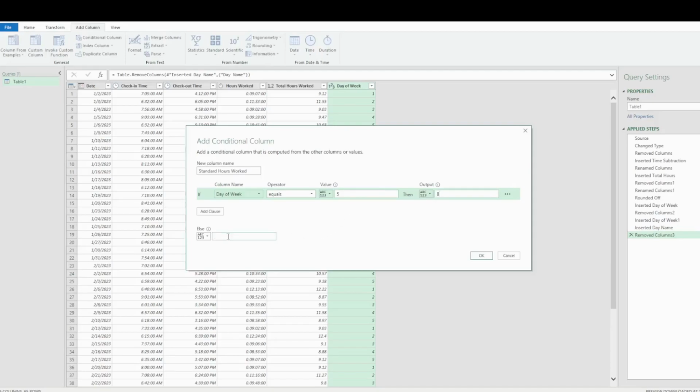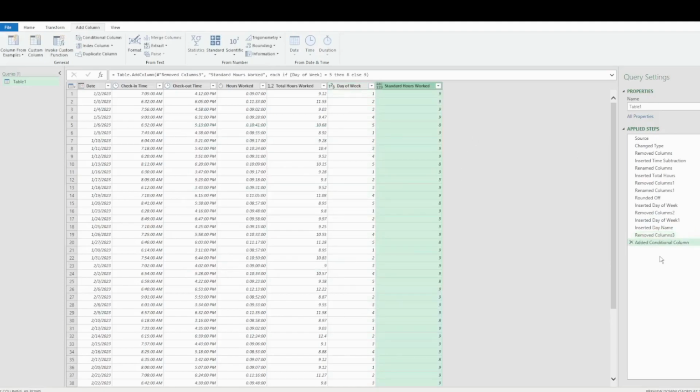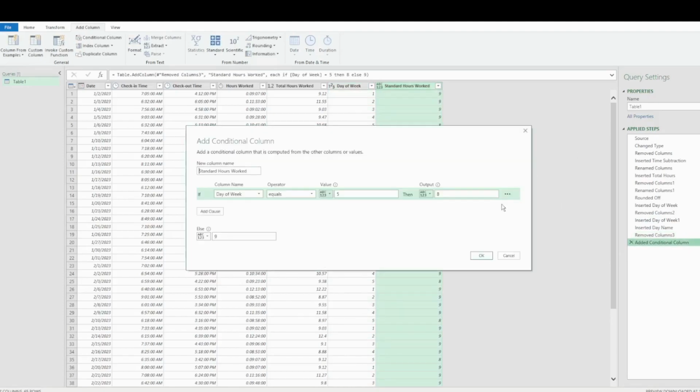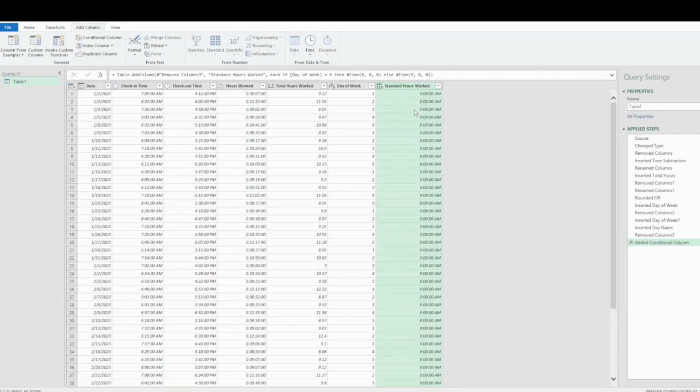Otherwise, the standard hours worked are 9. Let's make a correction here because we have time. So 8 hours and 0 minutes, and 9 hours and 0 minutes if the day is not Friday. So here we are.